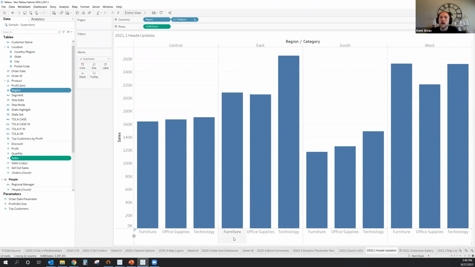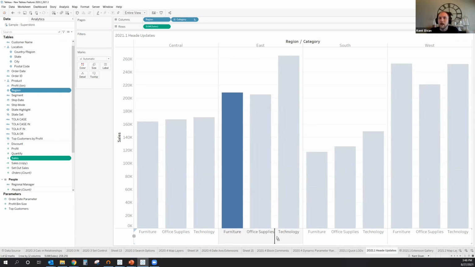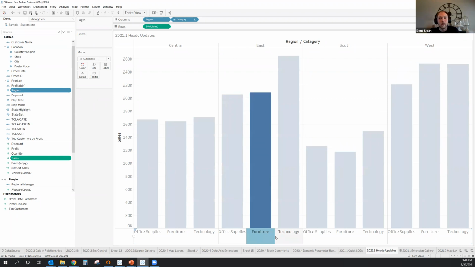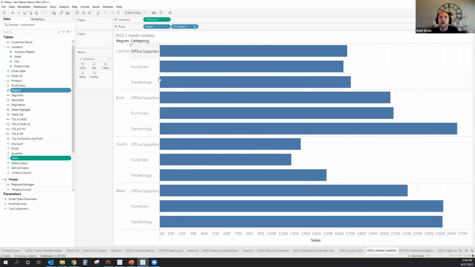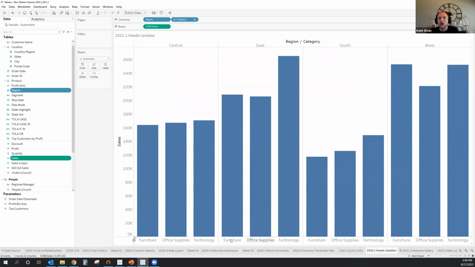In prior versions, Tableau would not allow you to select a header down here and click and drag it, which seems fairly small. But in the past, the way that you would have to reorder these would be actually you would pivot your data structure, and you could reorder it when it was this way, and then you'd have to pivot it back because you couldn't click and drag when it was in this structure in the past.